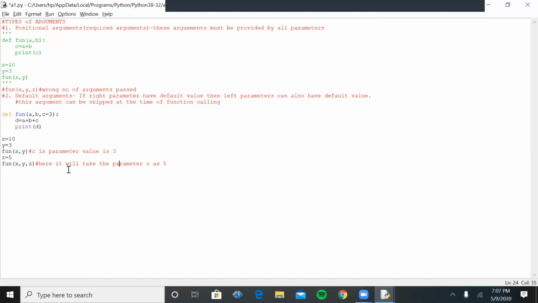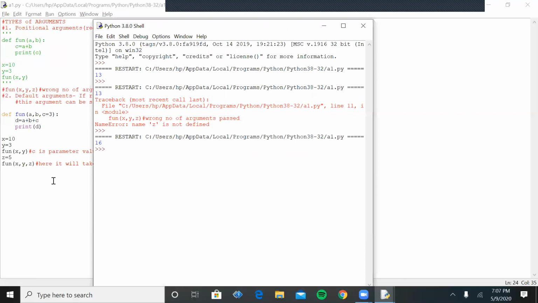When you specify the value of the third parameter in the function call, it takes that argument. If you don't specify it, then it takes the default value.